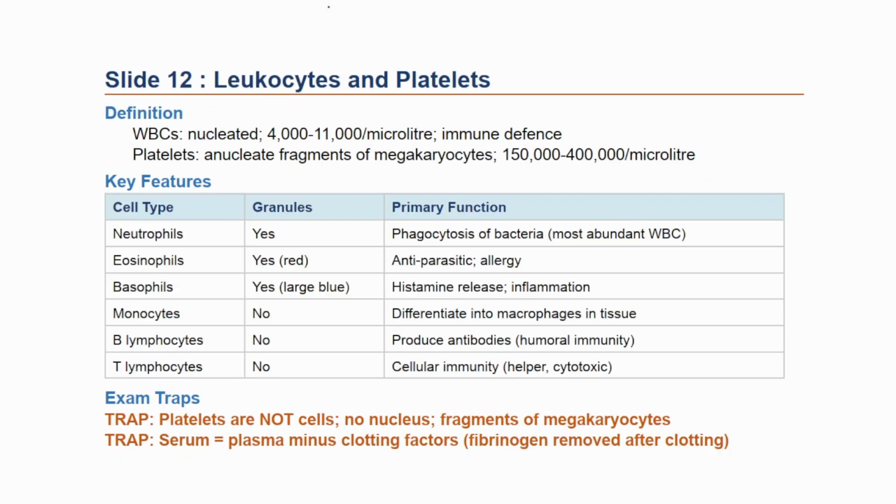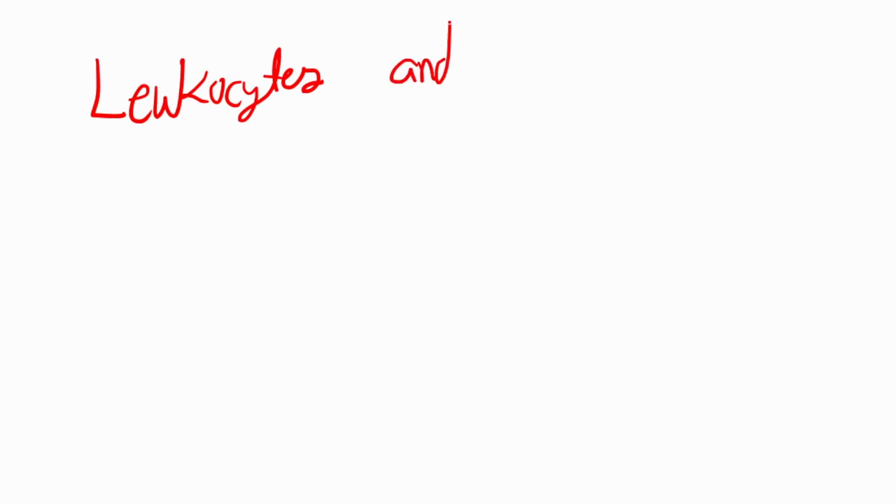In slide 12, we will talk about the soldiers of our immune system and also platelets, which help in blood coagulation. To master the dynamic cellular defense and repair networks circulating within our conduits, let us establish a blank conceptual map detailing the classification and function of leukocytes, also known as white blood cells, and platelets. While RBCs dominate gas transport, the fluid medium must also harbor highly specialized cellular components dedicated to active immune surveillance